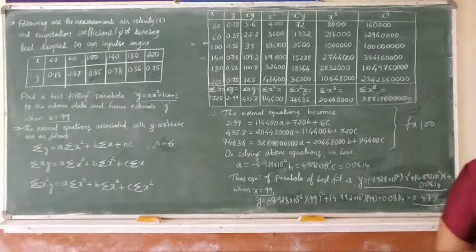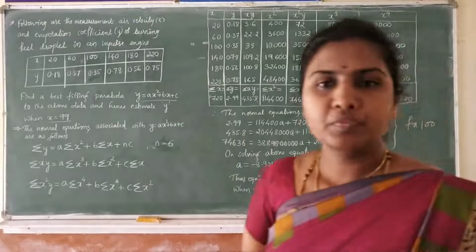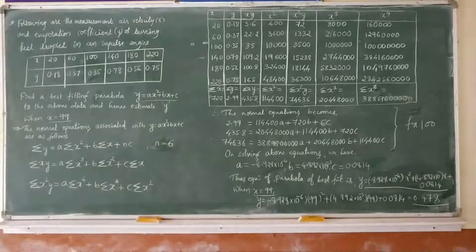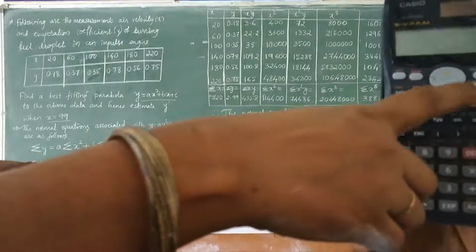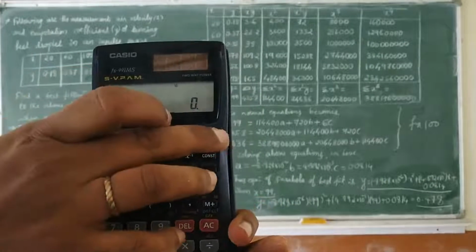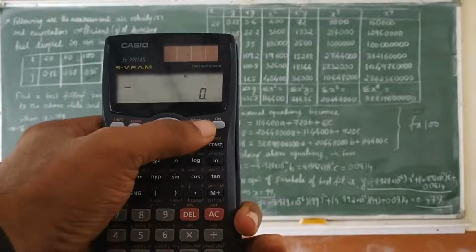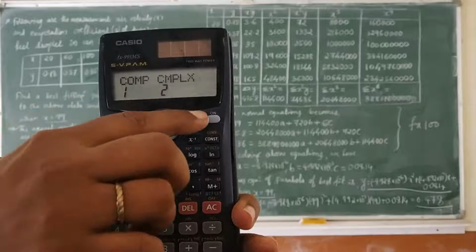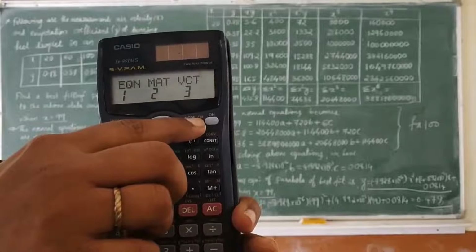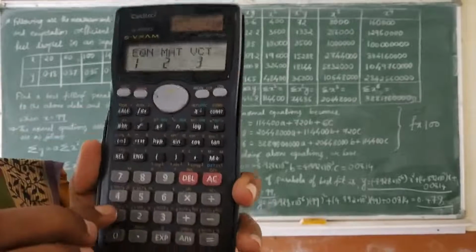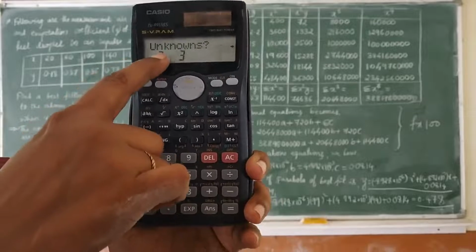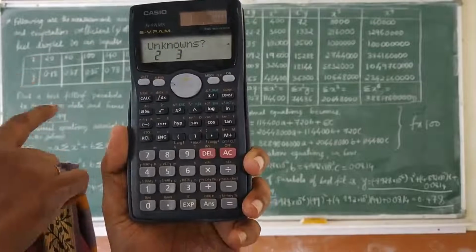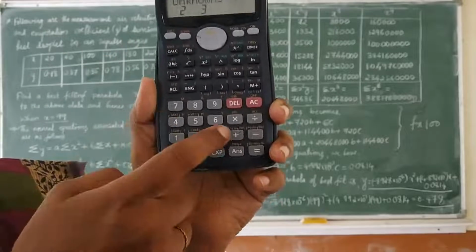Okay, let me show you on the calculator how to find unknown quantities by using the equation. Here you can see, turn this on. Next, go for the modes. Here modes are there. We want equation mode, which is 1. Press 1. Here they are asking for the number of unknown quantities, whether 2 or 3. We need to solve for 3, so press 3 here.